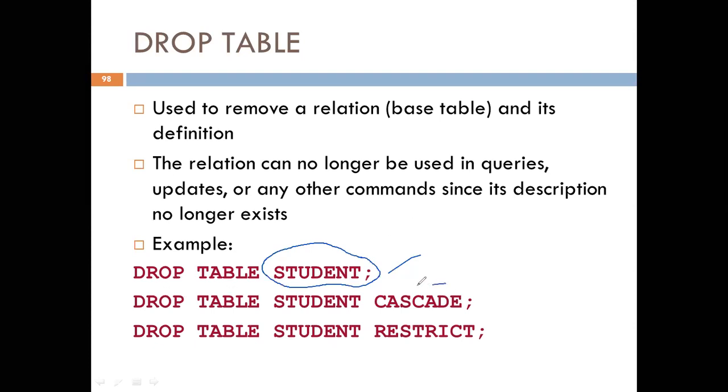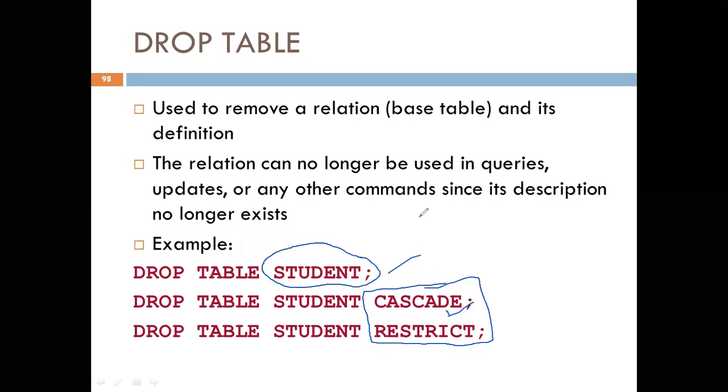Apart from this, there are two additional keywords that can be used along with dropping the table. One is cascade, another one is restrict. So what is the use of this cascade?